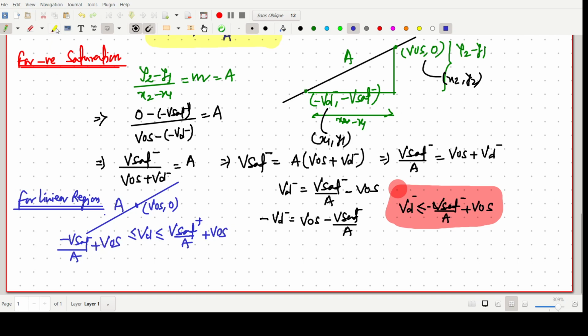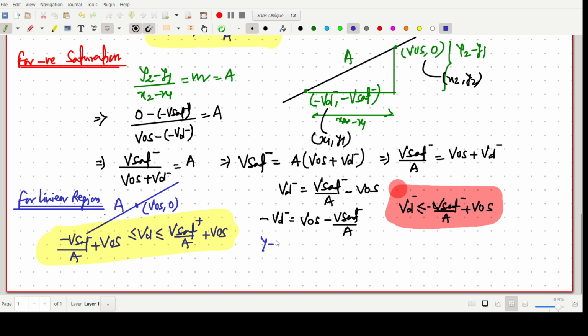So this one is the condition, because in between is the linear region. It is very simple for linear region. For the positive saturation and negative saturation, in between we say it is in the linear region. And if we find the line equation for this one,